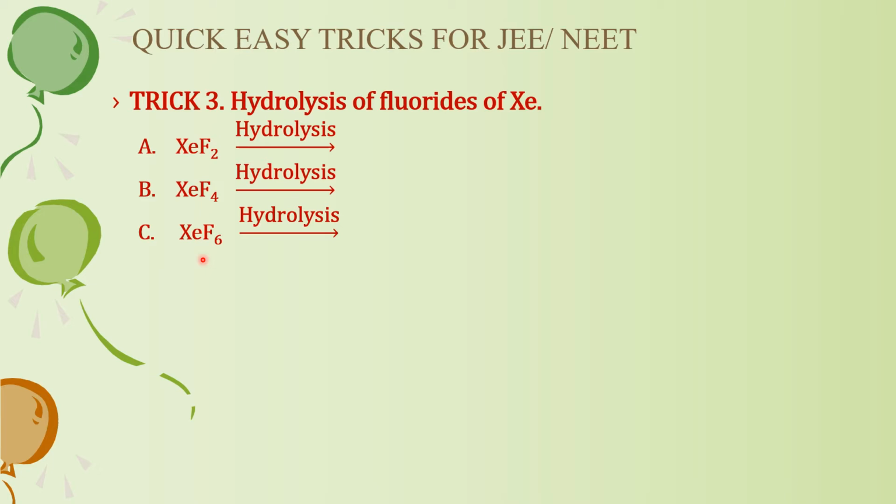And this we are going to learn in the form of a very interesting story so that you can remember the story and the products also. So first of all, let us look at reaction number 1. Reaction number 1 is of xenon difluoride XeF2 with water. Just see over here, we have a bond between xenon and fluorine. Here in water, we have a bond between hydrogen and oxygen.